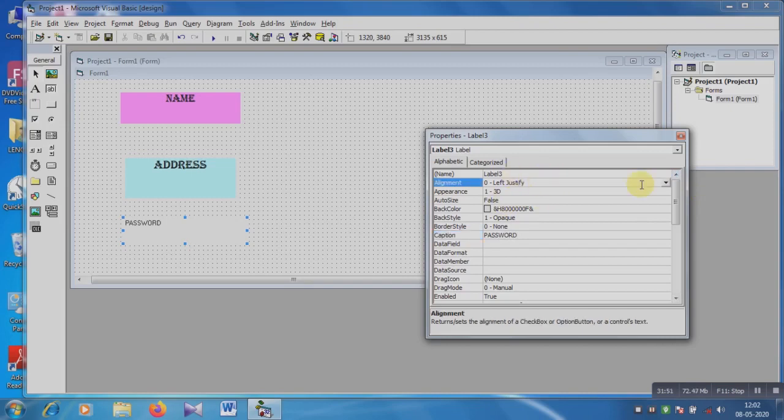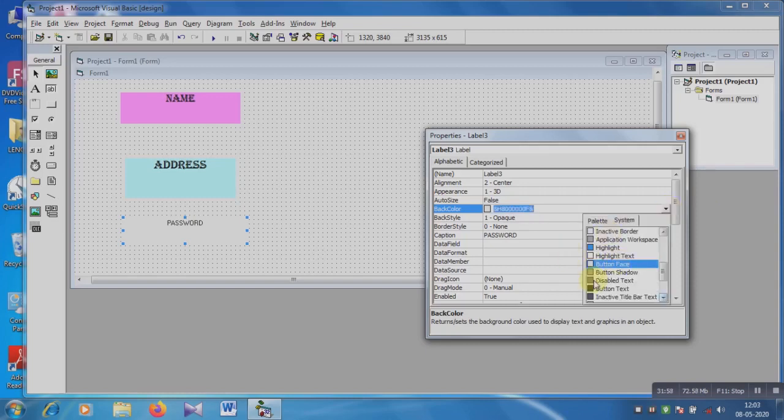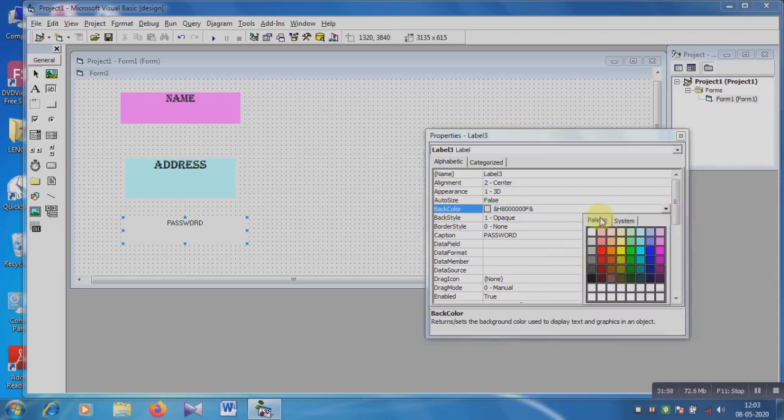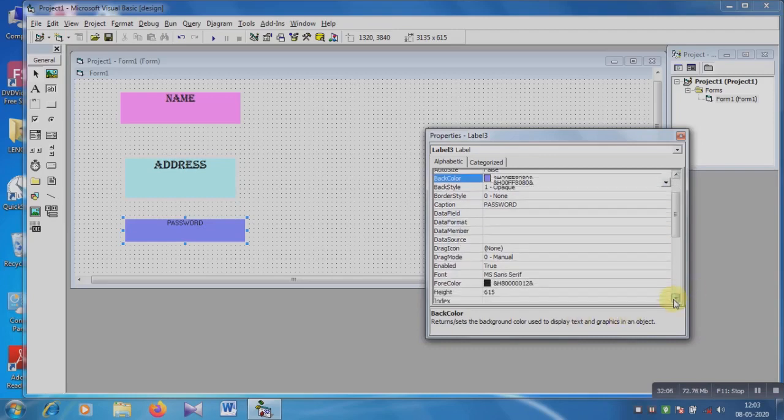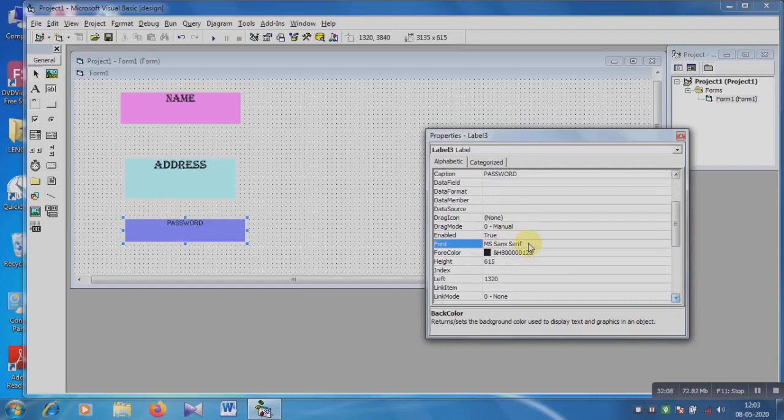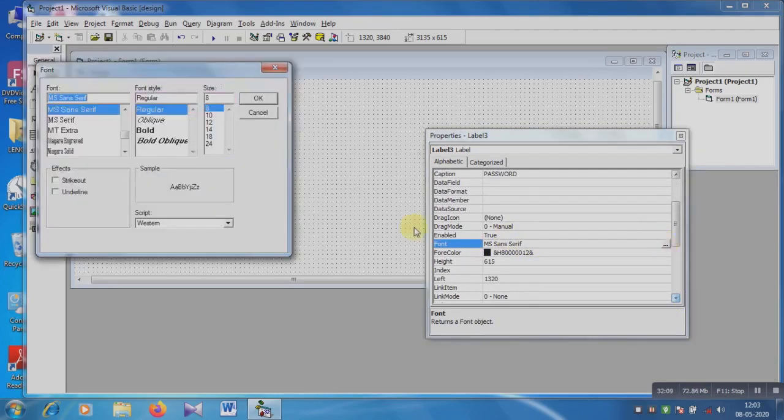And then alignment center, back color, you can give any back color, suppose I am giving this back color, and font color also.